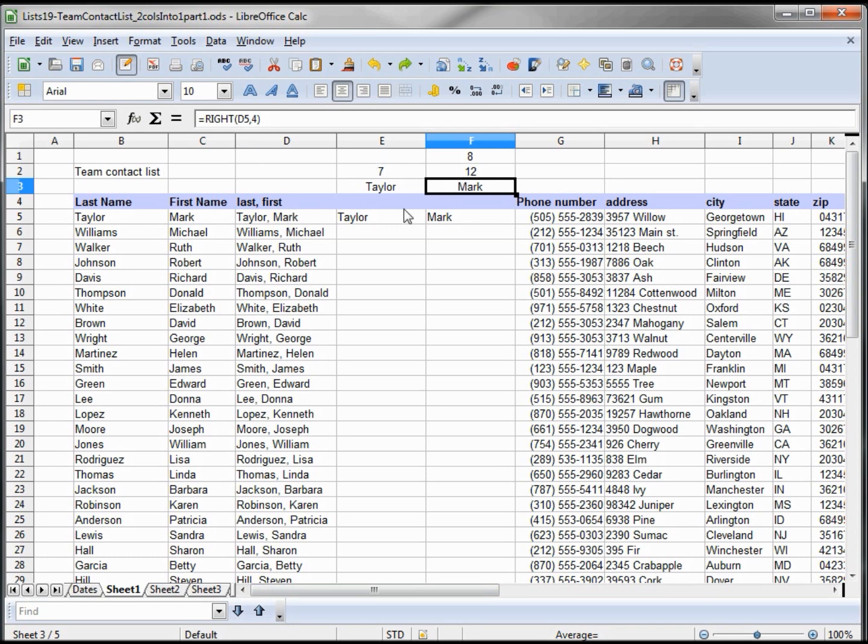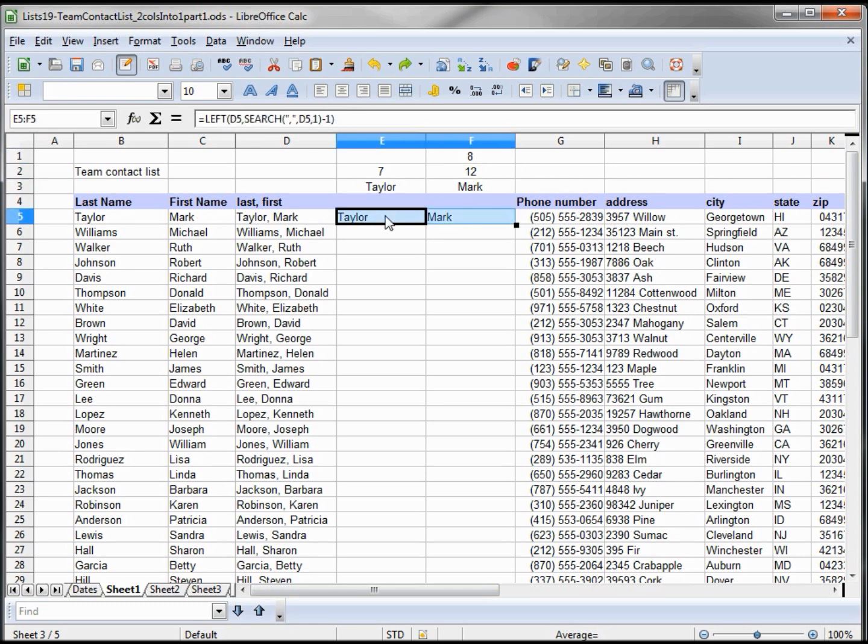Now we're getting that by looking at this number minus that number. So our 12 is our total length of D5, and then we're subtracting, find the space, comma, D5, comma, 1, and that's giving us our 8. So our 12 minus 8, that's giving us our 4, and that's how we're getting Mark.